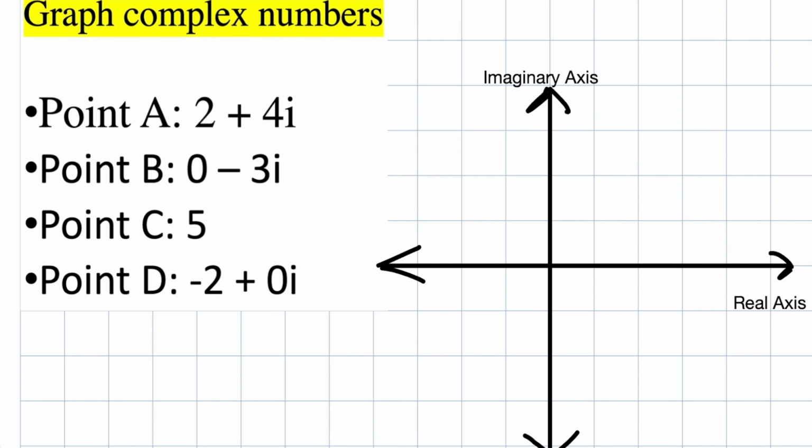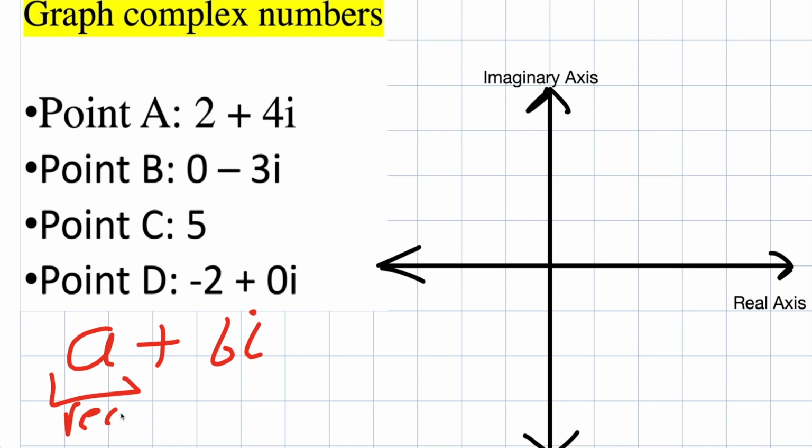Okay, in this video, we are going to graph complex numbers. Now, before we actually graph these 4 points, it's important to understand, what is a complex number and how do you even write it. So complex numbers are written in the form of a plus bi, where a is your